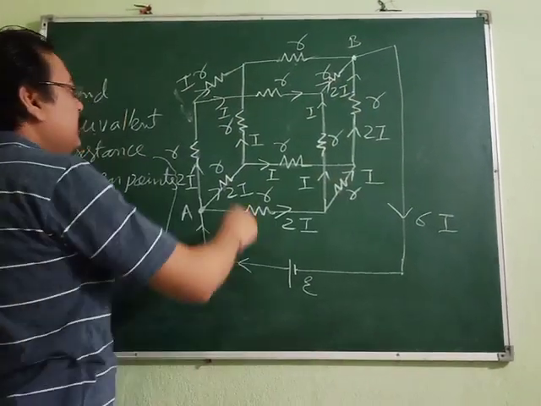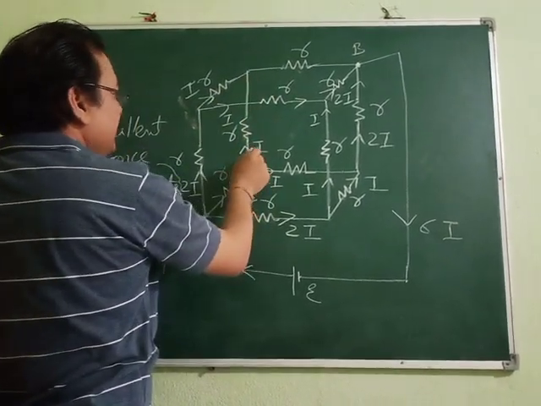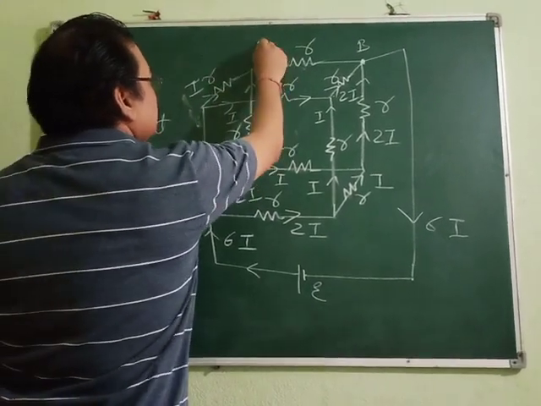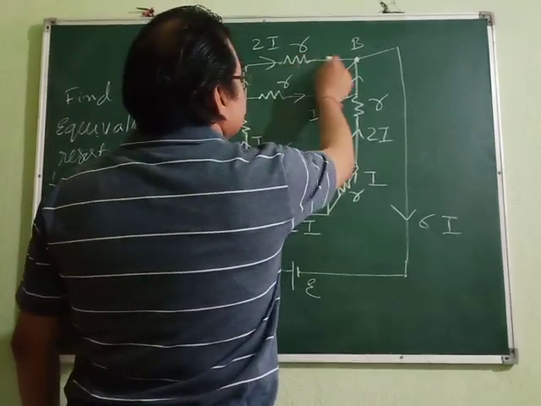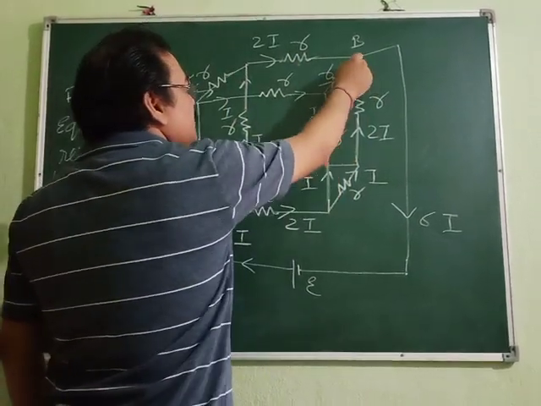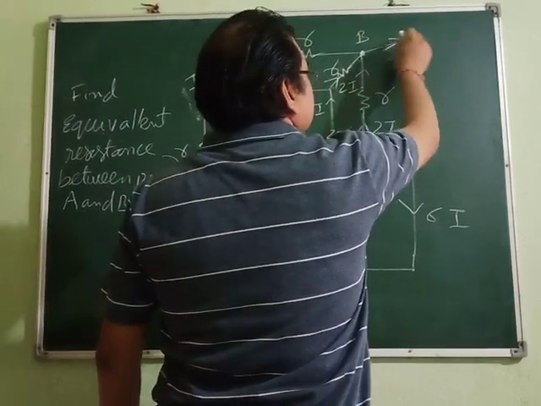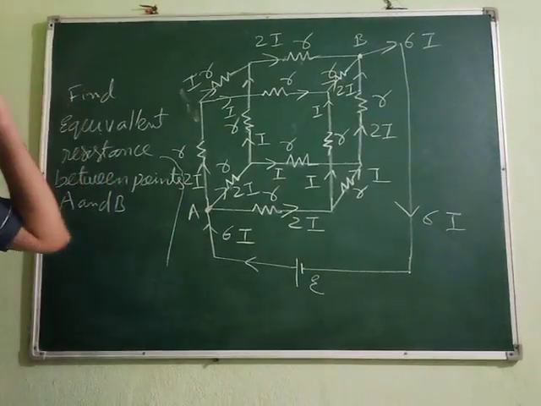Okay. Now, this I is reaching over here, and from here what are you getting? This I will reach like this. So I plus I again, you will get how much? 2i by the junction rule. So from this side 2i is reaching at the junction, from this side 2i is reaching, from this side 2i is reaching. Total is how much? 2 plus 2 plus 2, that is 6i. So we have got the current.